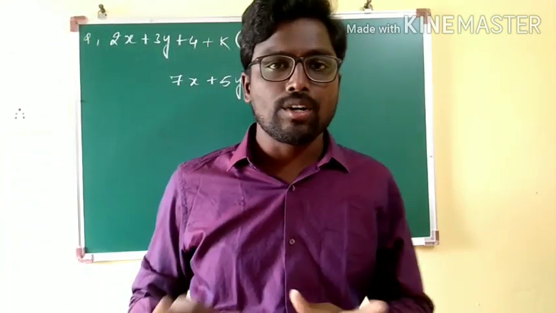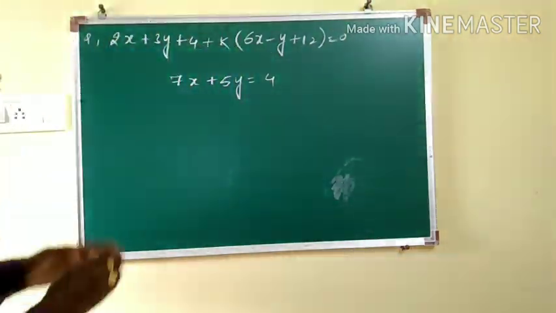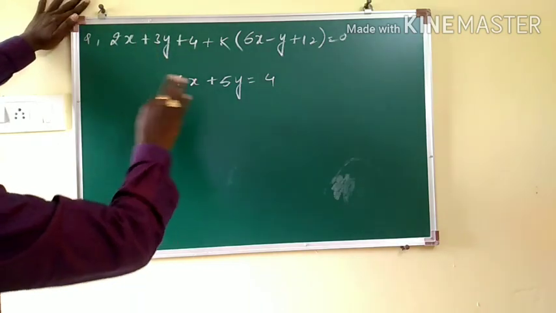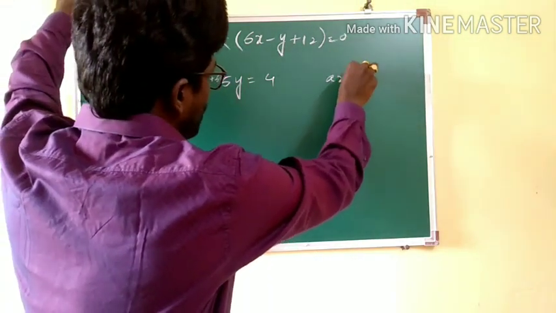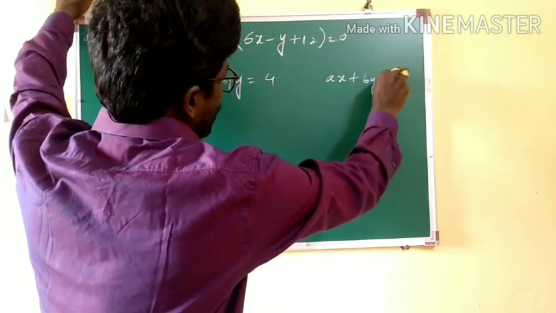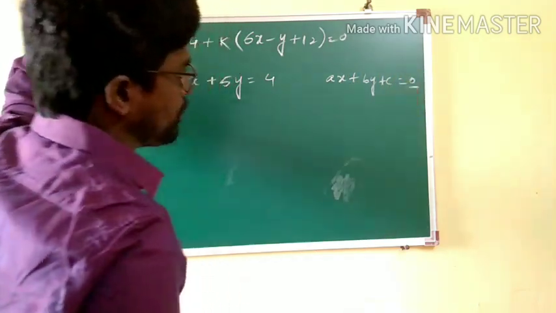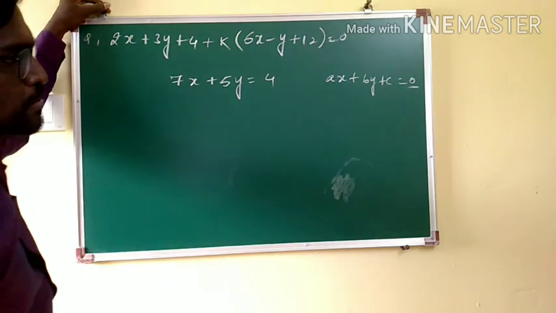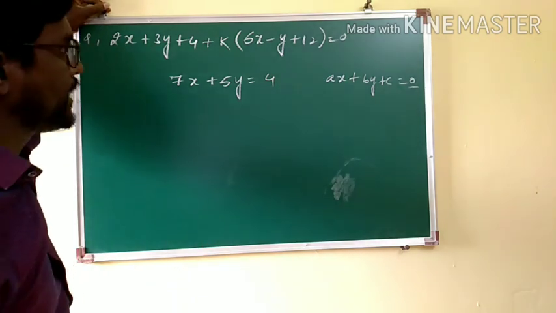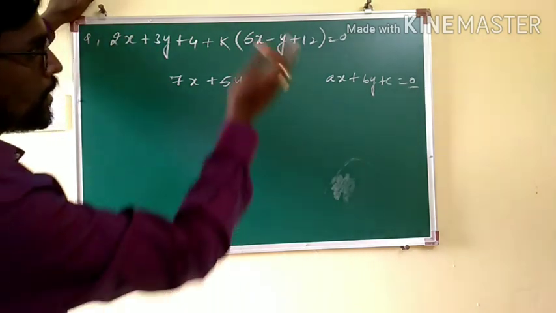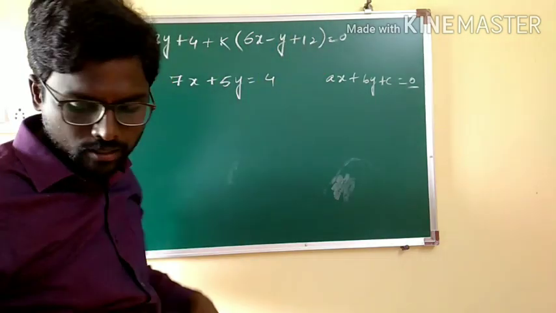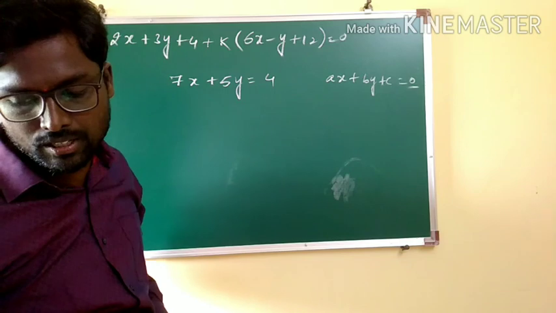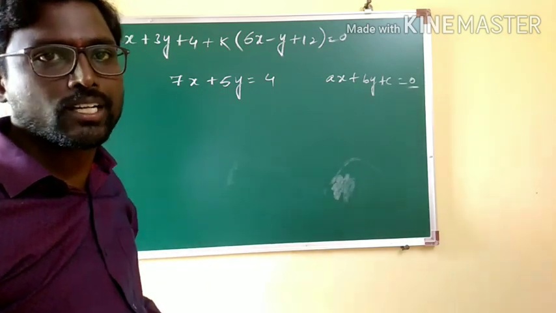Very clearly, if you notice the question, immediately what generally a student feels is that the given line is not in the form of ax plus by plus c equal to 0. Because the standard form of the straight line is ax plus by plus c equal to 0. But it is not in that particular form. But it can be converted into such a form. Please observe properly. You will come across such kinds of problems many times in solving straight line problems.